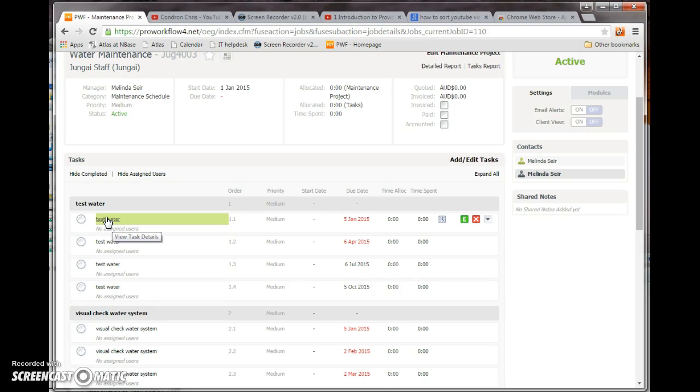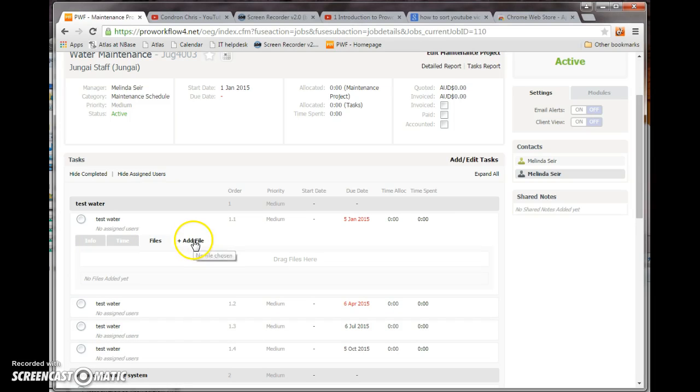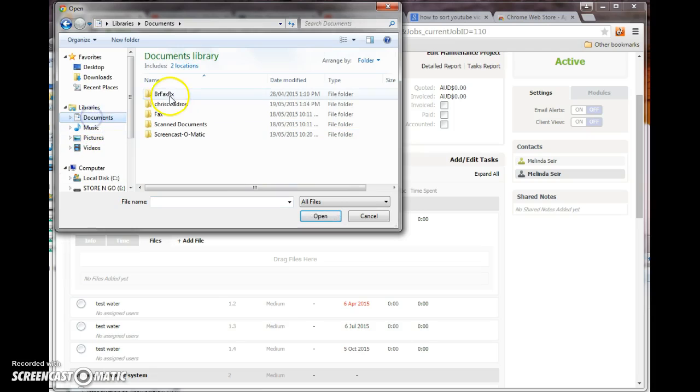So how we do this is we open up the task, and what you see is info, time, files, and show task information. Now what you find in info, it describes test water supply quality and attached lab results. Results, action taken. So attach lab results. A simple way to do it is click on the file and we go add file, and what that will do, it will bring up your local computer, and wherever you stored that file,